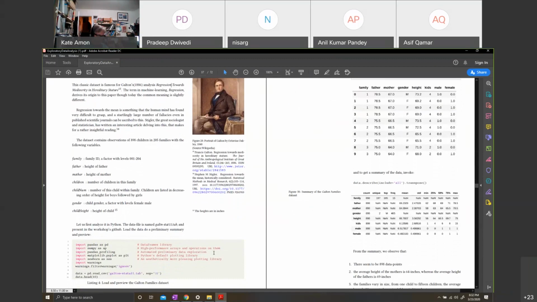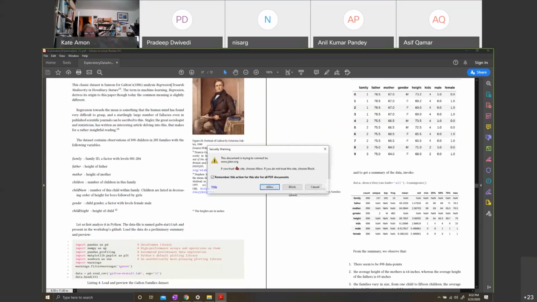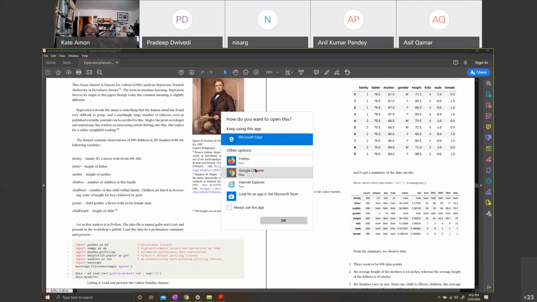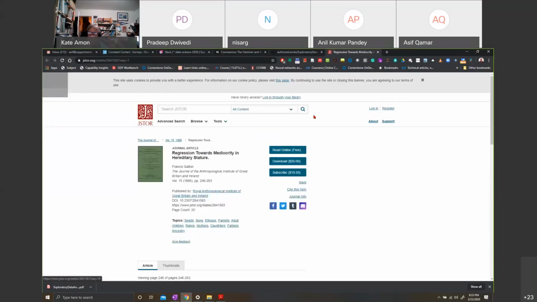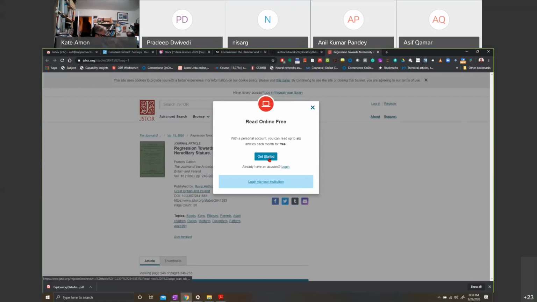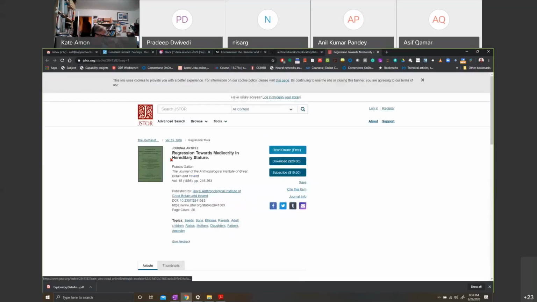So this data file, by the way, is again there in our GitHub. Right? And if you want to look at this article, do you see that in blue? These are all hyperlinks. If you click on this, it takes you straight to the original article, and you can read it online for free. But if you just Google for this, many people have posted the PDF online for it.